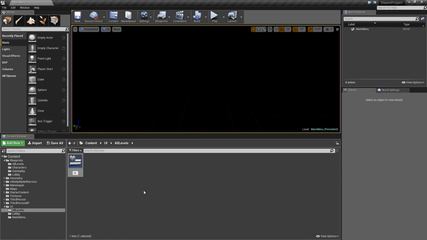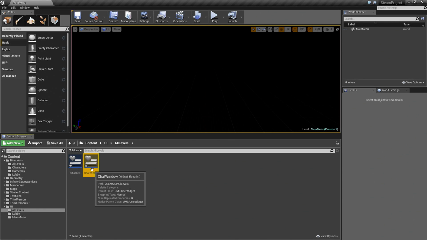And this should be called chat text. And we're going to use this for the chat message, the text that appears in our chat window. So I enter some text, it's going to appear in this. Then we're going to select this and hit Control W to duplicate it, and we'll call this chat window. So our actual window with all of our individual chat text lines.